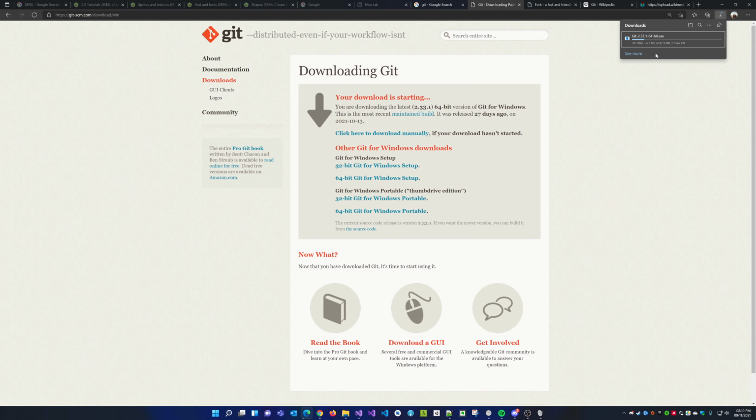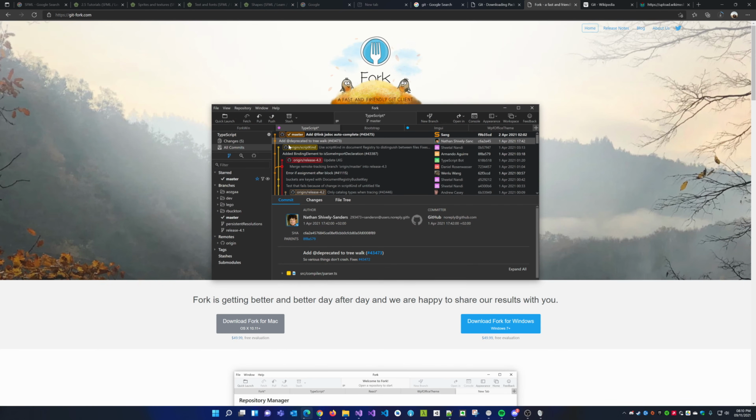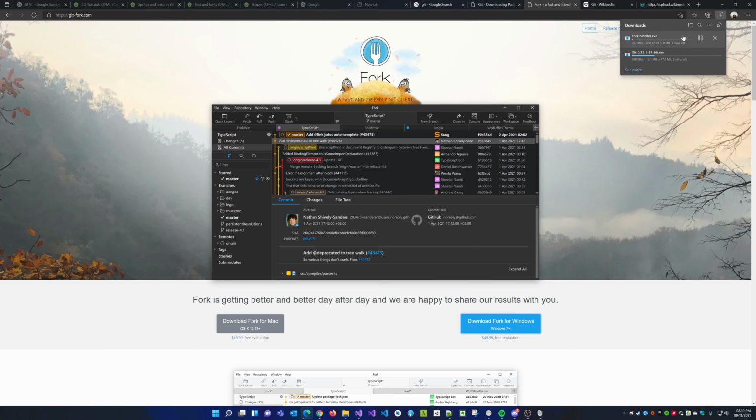Anyways, it's downloading. It's doing its thing. For whatever reason, it's really, really slow. What the hell's going on with my internet? So we'll let it download for a while. While it's downloading, at the same time, I would like to download Fork. So on the right here, download Fork for Windows. Let's do that. And now I have both Fork and Git downloading. Seriously, what is up with my internet? Why am I downloading at 300 KB per second? All right, well, that's interesting. Anyways,